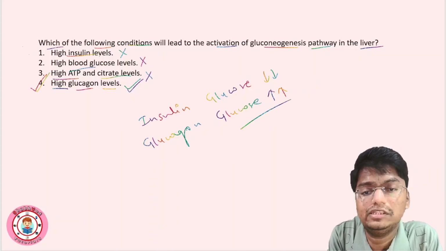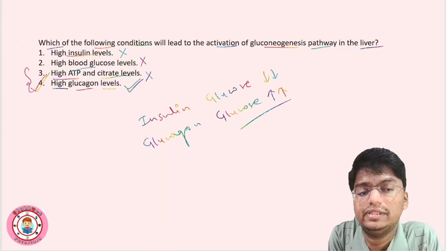So basically this will activate the gluconeogenesis pathway. Okay, you can get confused between option 3 and 4 because if the third option says high ATP